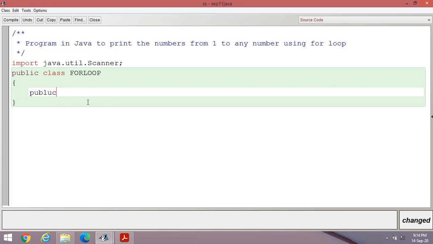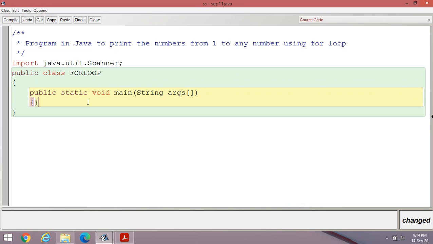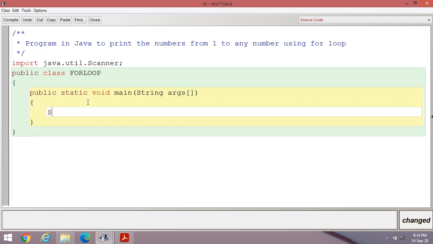Then public static void main(String[] args). It's the starting of the main function. Then Scanner sc is equal to new Scanner(System.in).